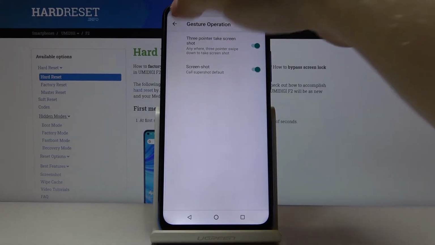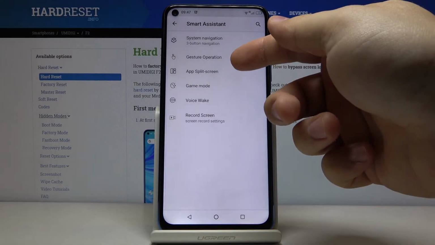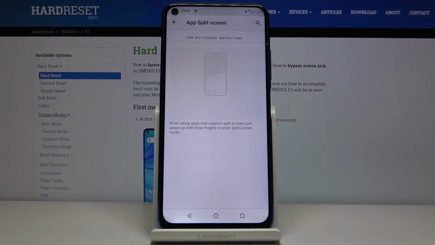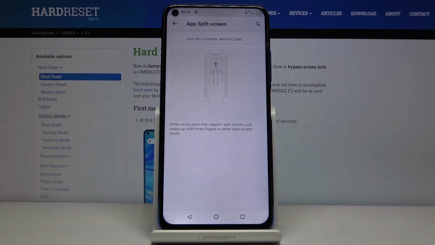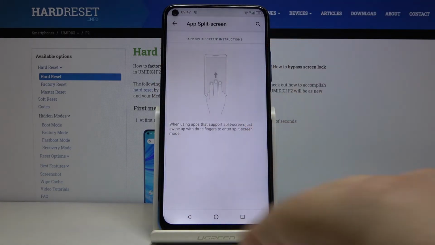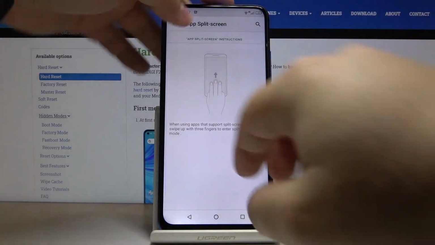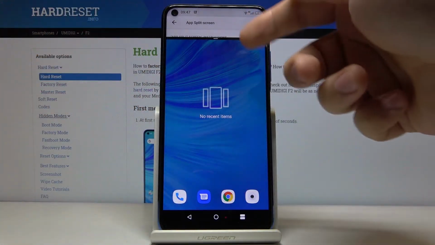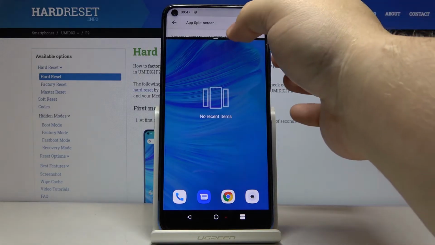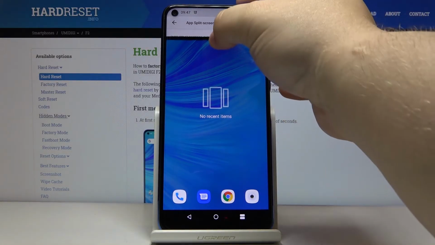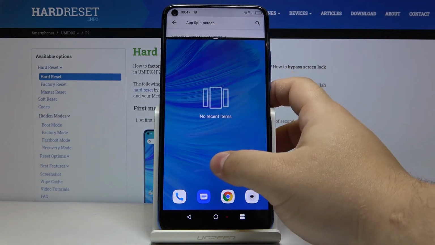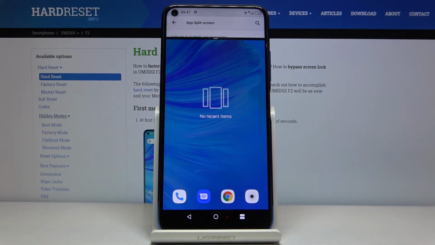Okay, let's go back. Another thing I want to show you is a split screen. Basically, to open it, go to the app that supports the split screen and swipe upwards with the 3 fingers again on the screen. I don't know how to show you this like this. The app will enter the split screen. As you can see, here you can use this border, or first let's open the another app that supports the